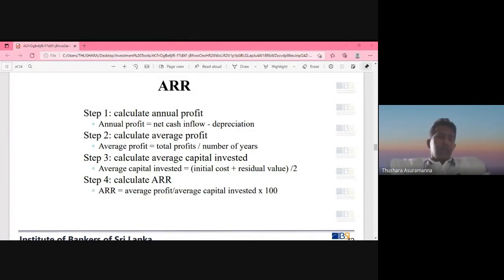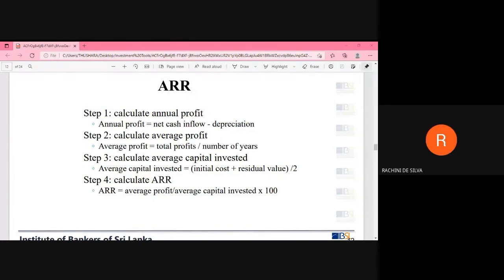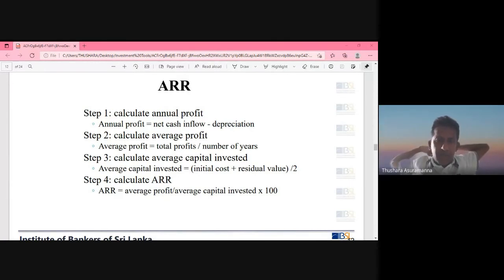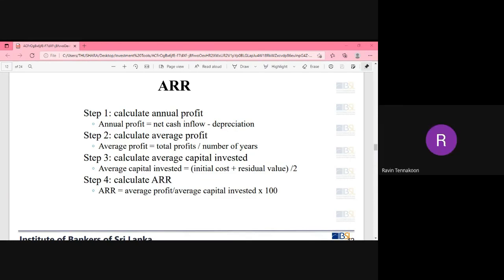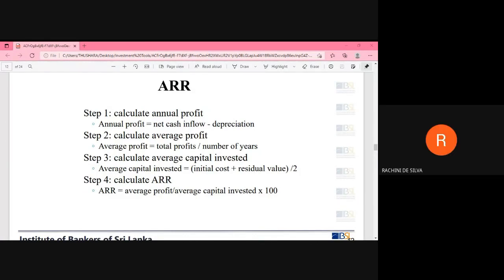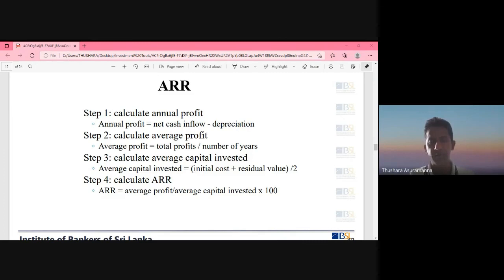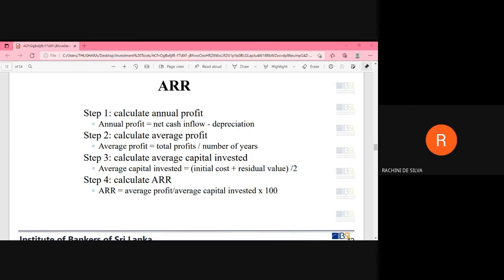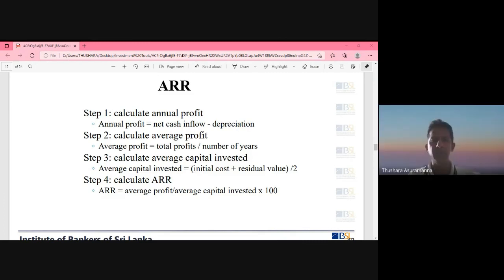Who has got the minus figure? Rachini, you get the minus figure. Why? What is the year one cash flow? Do we have to take the cumulative figure? No, we don't take the cumulative thing. We have to get year on year. Only the main cash flow, sir. Yes, I got year one as a cumulative cash flow. What is the cash flow? Okay, sir. Then I got the cumulative thing. No, you have to, because